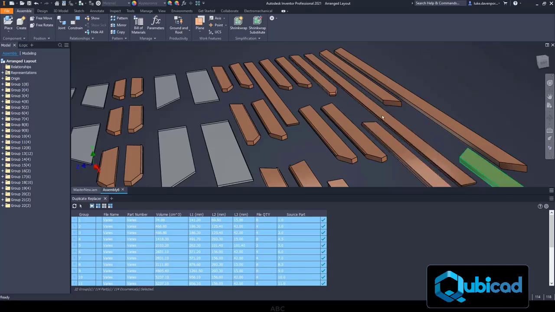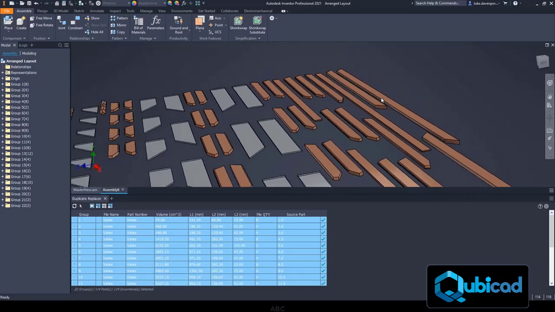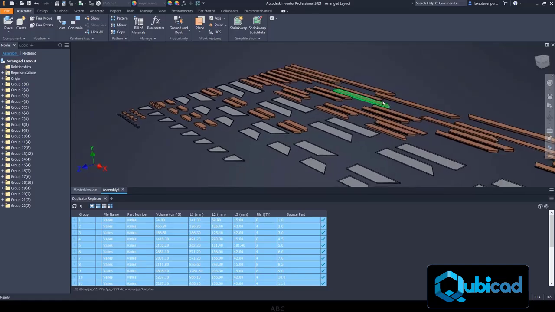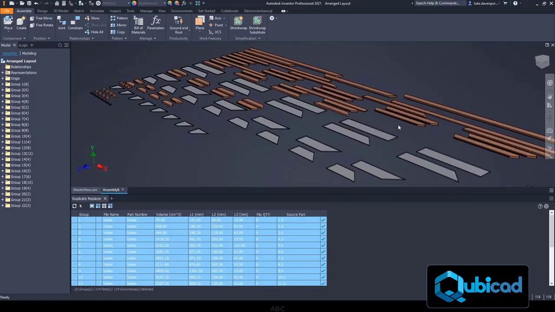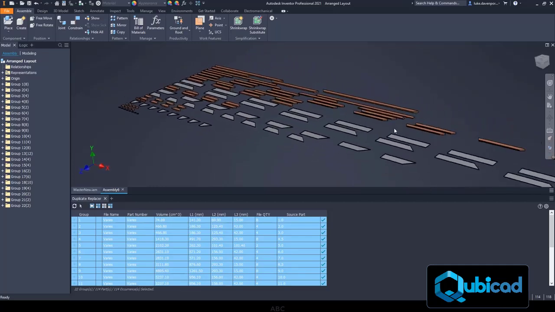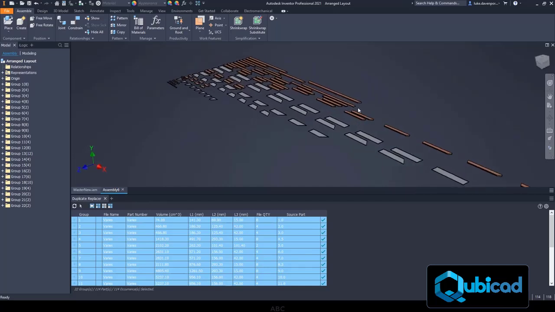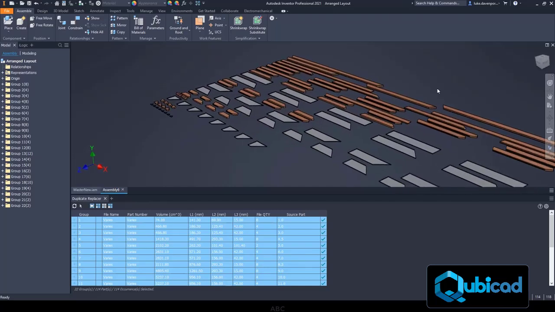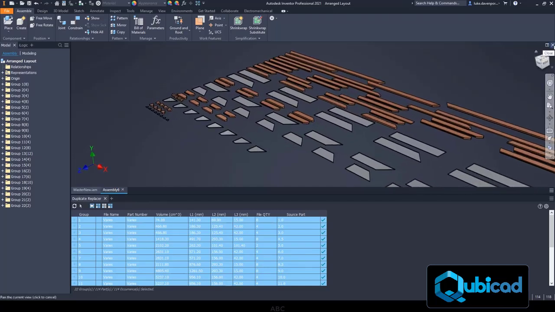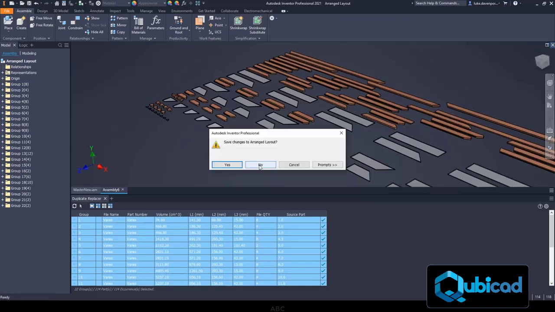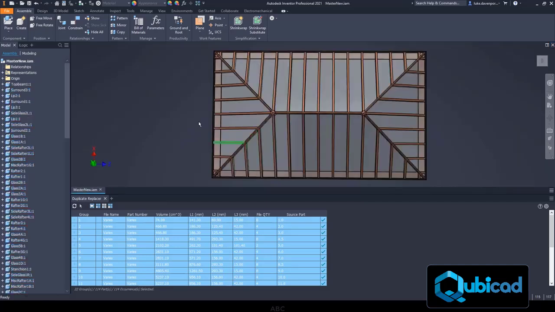These are identical parts, even though they're different IPT part files, and they're in different orientations with respect to each other in the assembly and within the part files themselves. I can't think of any other use for this assembly other than as a sort of review tool, but perhaps you can find a use for it other than that. But when I'm happy with that, I can close this assembly. It hasn't been saved on disk or anything, it's just temporary,